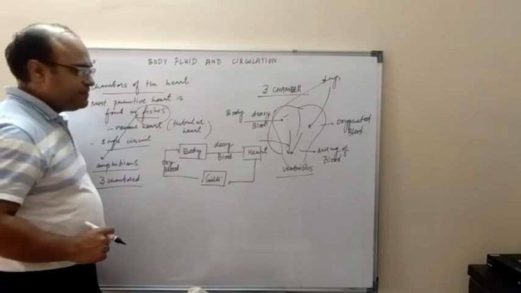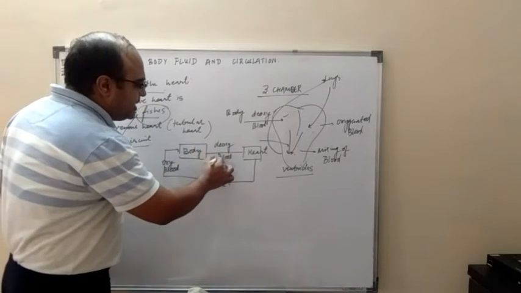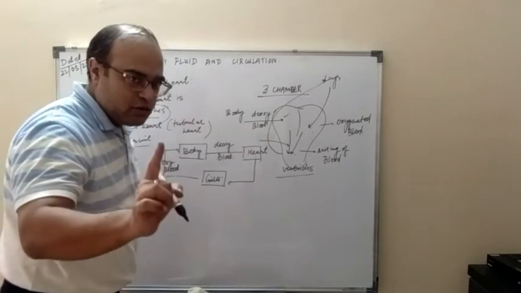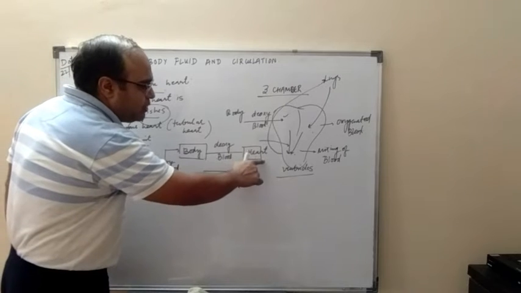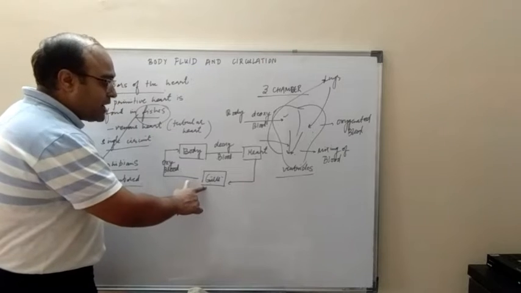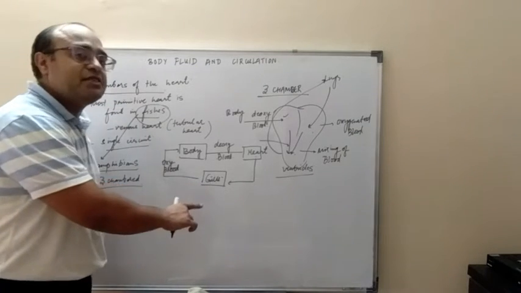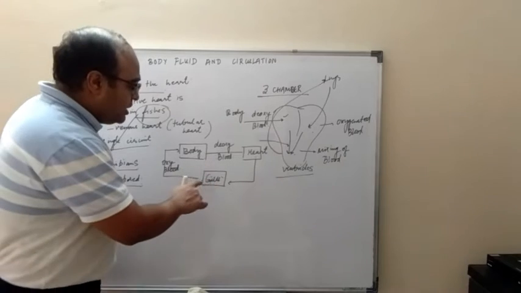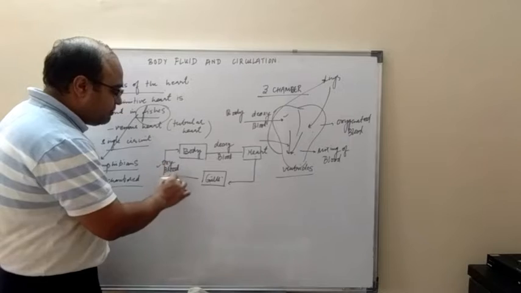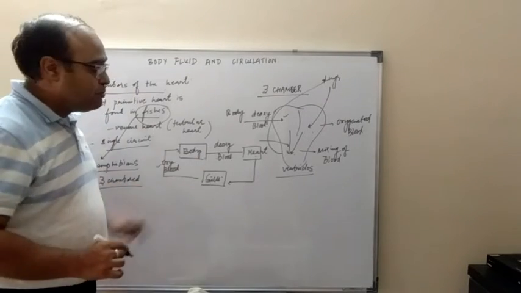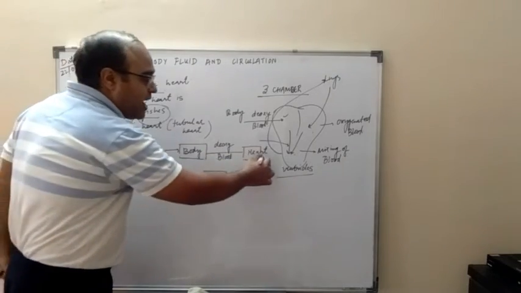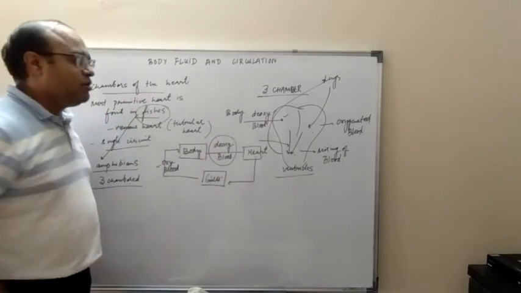What happens in fishes? The body is pumping the deoxygenated blood into the heart, so the heart is receiving only deoxygenated blood. What is this heart going to do? This heart is pumping that blood into the gills. Now what happens in the gills? Fishes respire through gills, right? So these gills are purifying this deoxygenated blood and it is becoming oxygenated blood, which is supplied to the body. So the body is receiving the oxygenated blood. This is a single circuit system in which the heart is only receiving the deoxygenated blood.